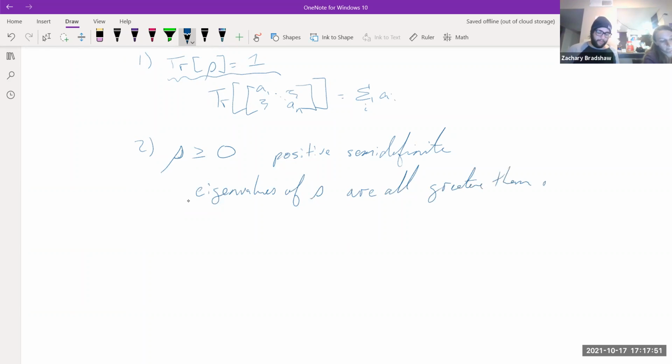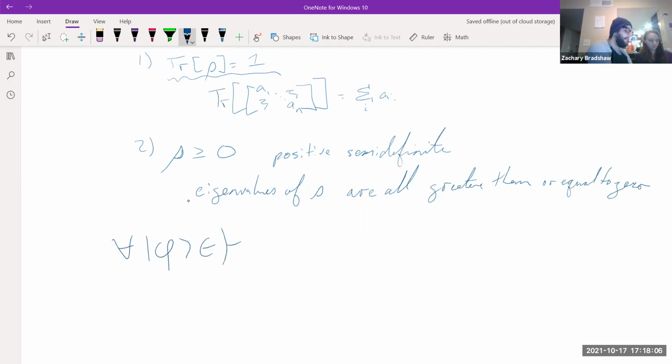A mathematician would define it slightly differently. You're a mathematician, feel free to define it slightly differently. All right, let me define it slightly differently. So rho being positive semi-definite means that for all phi in our Hilbert space, the quantity phi rho phi is greater than or equal to 0. So this is the inner product of phi with rho applied to phi. So remember, rho is a matrix, phi is a vector, so you can apply the density matrix to the vector,